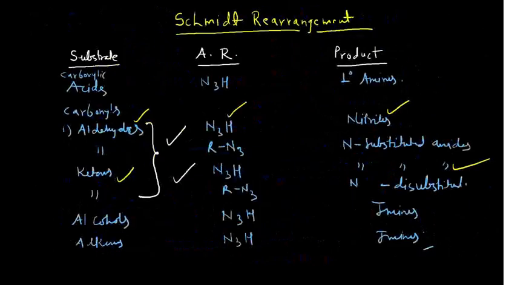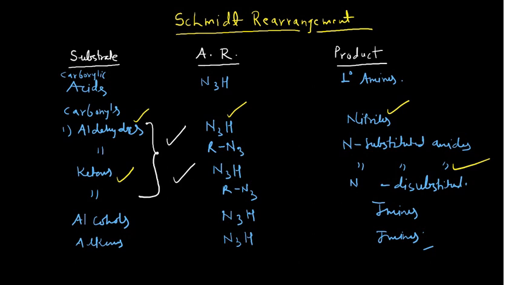where it was, yes. So now it's quite clear, guys. I have already shown you. With the help of the acid you will form the primary amine, with the help of the aldehyde you will form the cyanide, with the help of the ketones, right, you will form your N-substituted amides, with alcohols you will form the imines, with alkenes you will form the imines. So this is the complete aspect of your Schmidt rearrangement, and the reaction is very, very important.